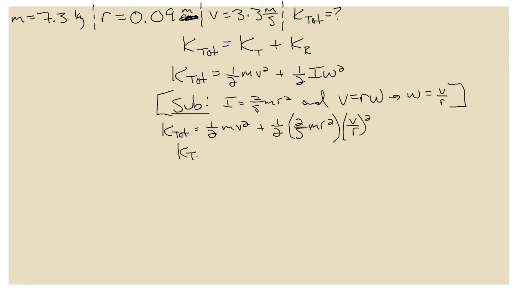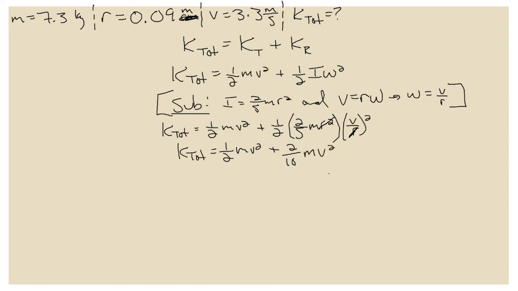The key detail is what happens in the next line. We have 1/2 mv squared plus 1/2 times 2/5. Remember, when you multiply fractions, you just multiply the tops and multiply the bottoms. So we have 1 times 2 is 2, 2 times 5 is 10. So we have 2/10. We'll simplify that to 1/5 later. And we have here mr squared times v squared over r squared. Notice this r squared is going to cancel that r squared. And so we just get 2/10